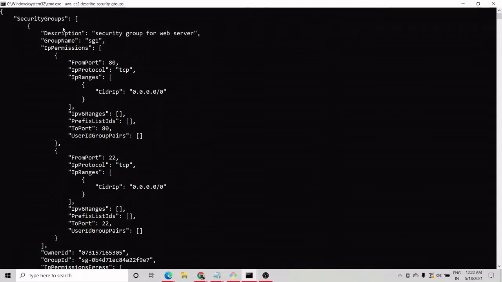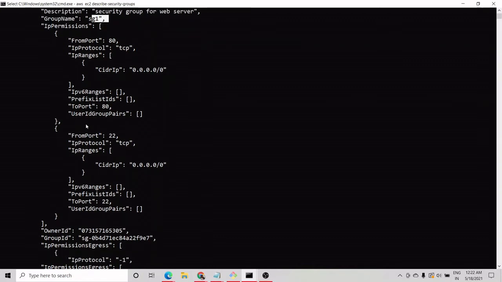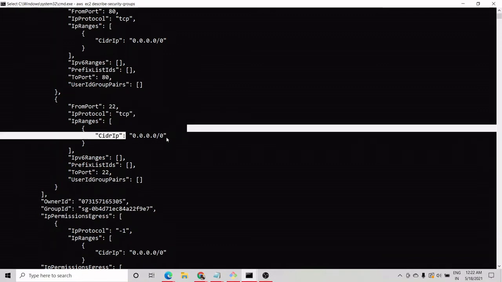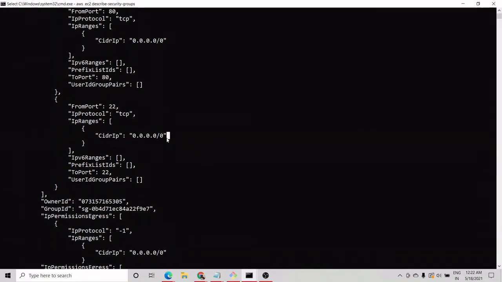We can see its description is security group for web server, meaning this is the one that we have created. The name is SG1, well and good, and in its IP permissions it is allowing port number 80 TCP for all the IPs, and also port number 22 TCP for all the IPs.